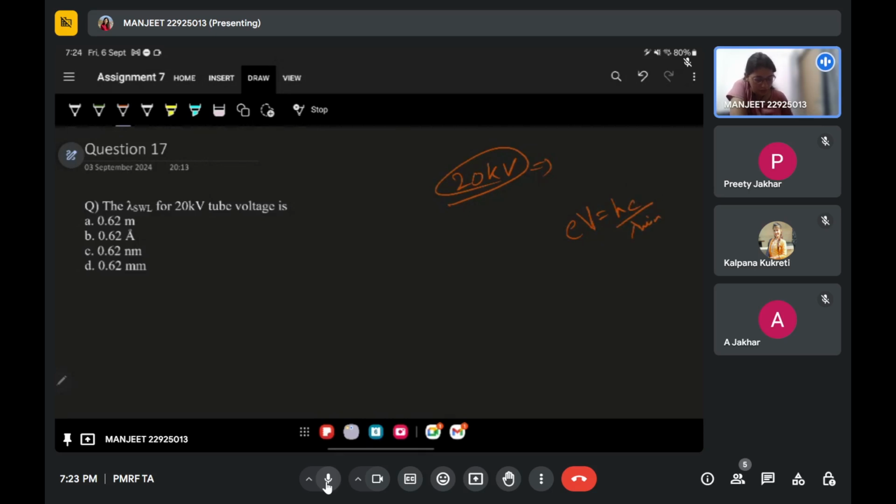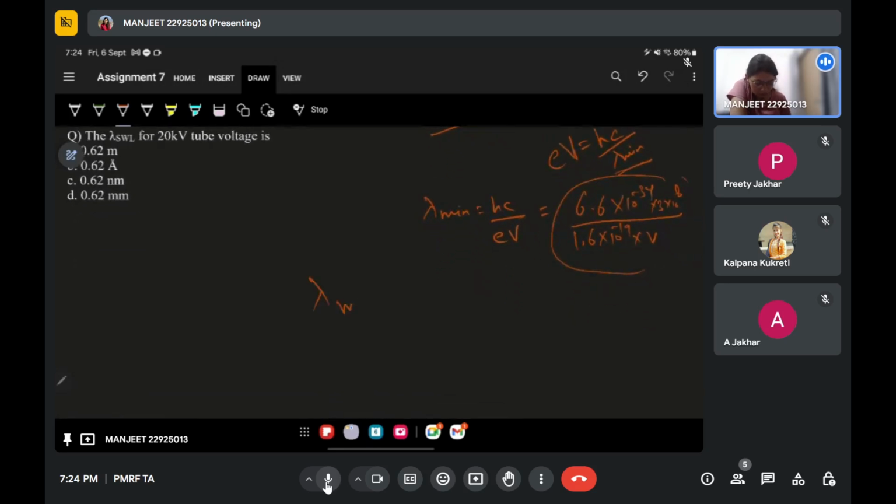And we know that this SWL is the minimum wavelength where your intensity is 0, so lambda will be hc by e. And if you put the h value, that is 6.6 into 10 raised to minus 34, and c is equal to 3 into 10 raised to power 8, e is equal to 1.6 into 10 raised to power minus 19, and the V. If you put these values and substitute, you will get this lambda minimum, this lambda SWL will be the